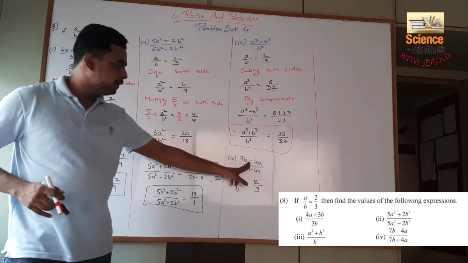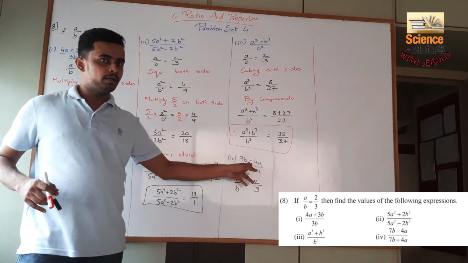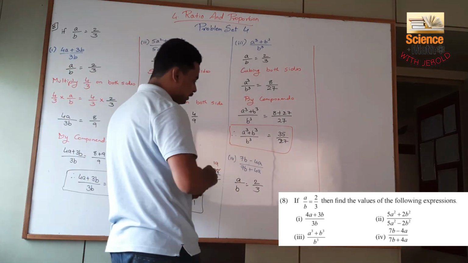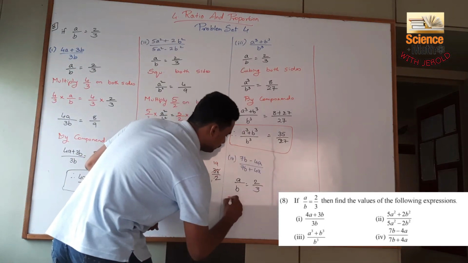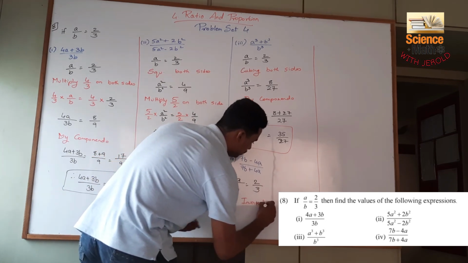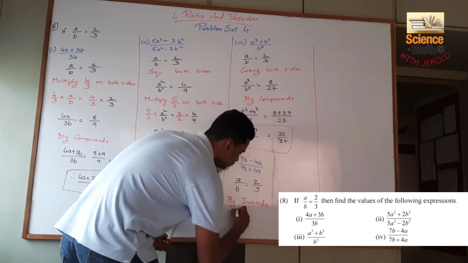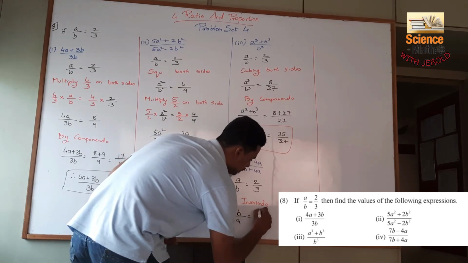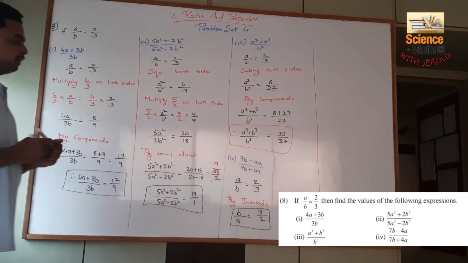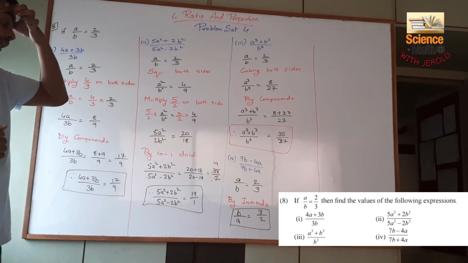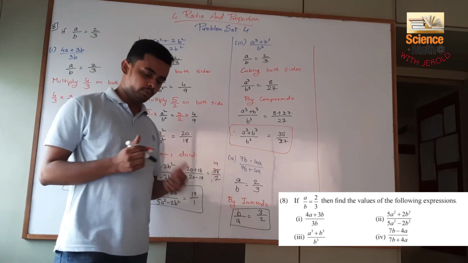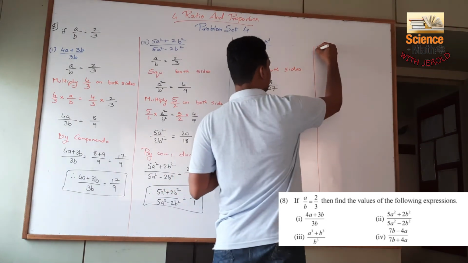Now I want b to start off with in the numerator. So the thing that I will do is by invertendo. So I will just invert the ratio that is given. So by invertendo, I have b upon a is equal to 3 upon 2. The ratio has just gone inverted. Now I have b in the start and a at the denominator, and 7 and 4 are associated respectively to this. So multiplying